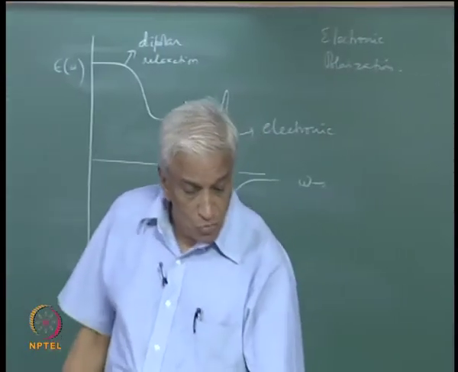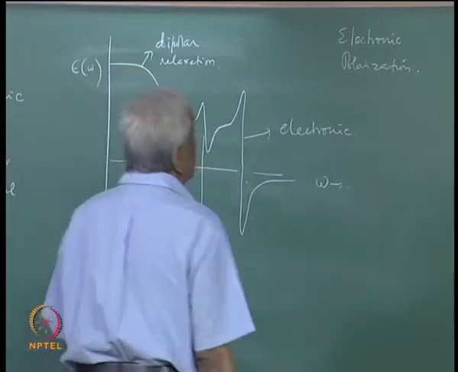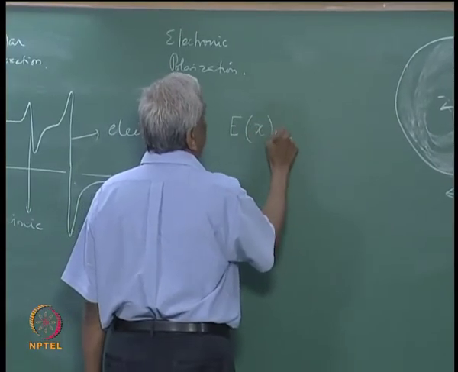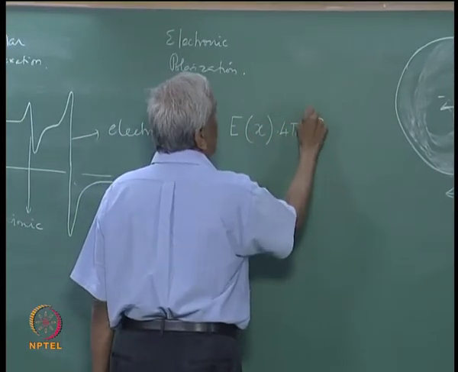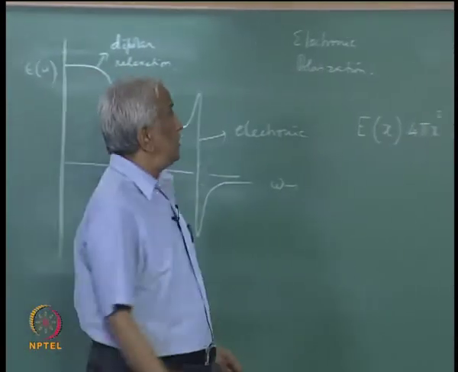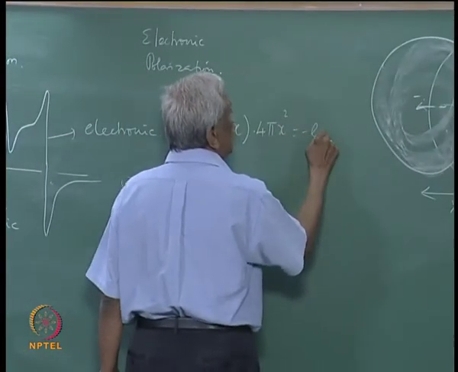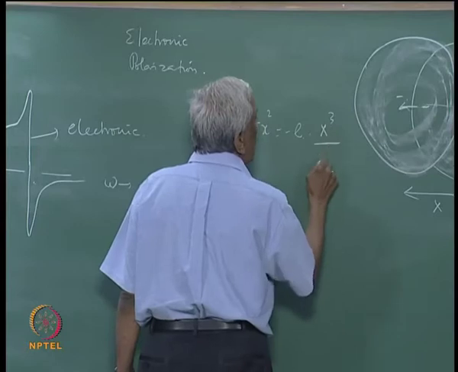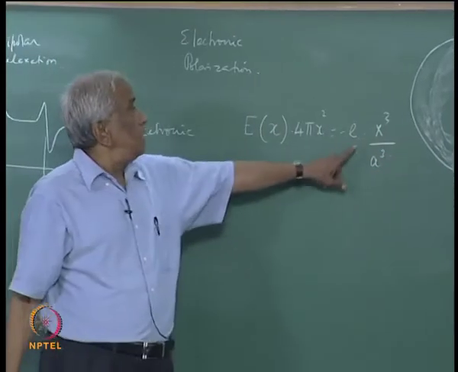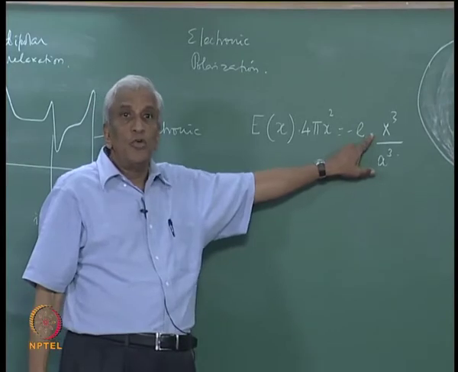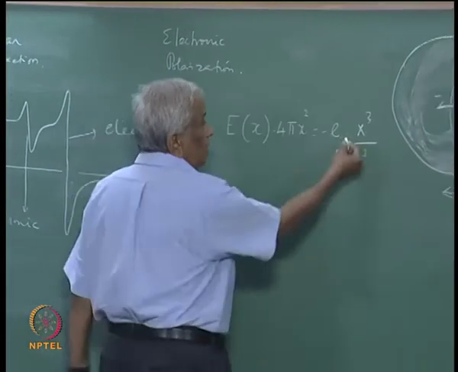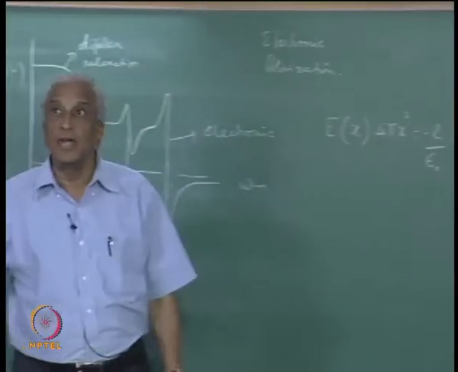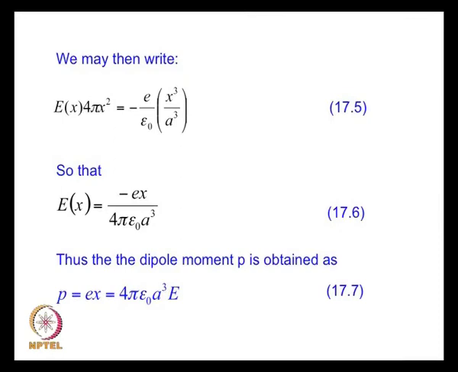So, now we can use Gauss theorem to calculate the polarizability, because Gauss theorem says that the flux due to an electric field is equal to the charge, which is minus e, the electronic charge, times x cube by a cube, because in both cases it will be 4/3 pi x cube and 4/3 pi a cube. The 4/3 pi cancels off, and this is all we are left with. So, that we have E x